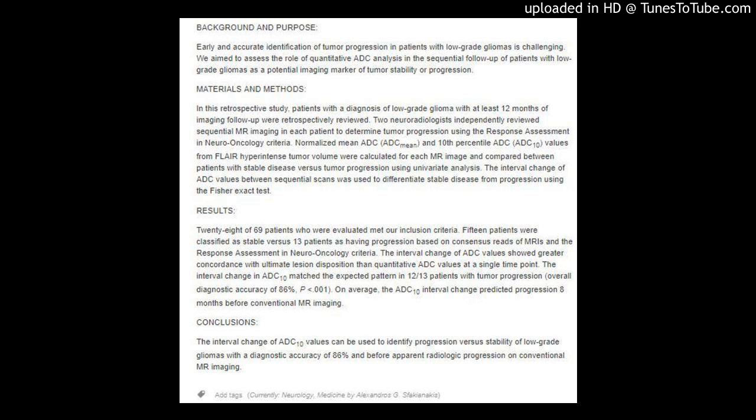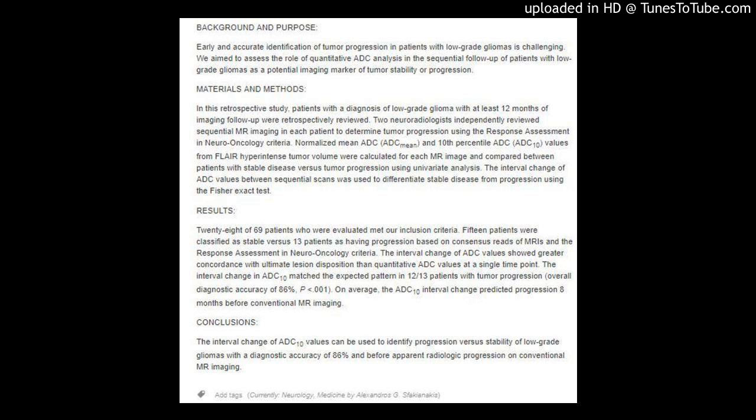Materials and methods. In this retrospective study, patients with a diagnosis of low-grade glioma with at least 12 months of imaging follow-up were retrospectively reviewed. 2 neuroradiologists independently reviewed sequential MR imaging in each patient to determine tumor progression using the Response Assessment in Neuro-Oncology